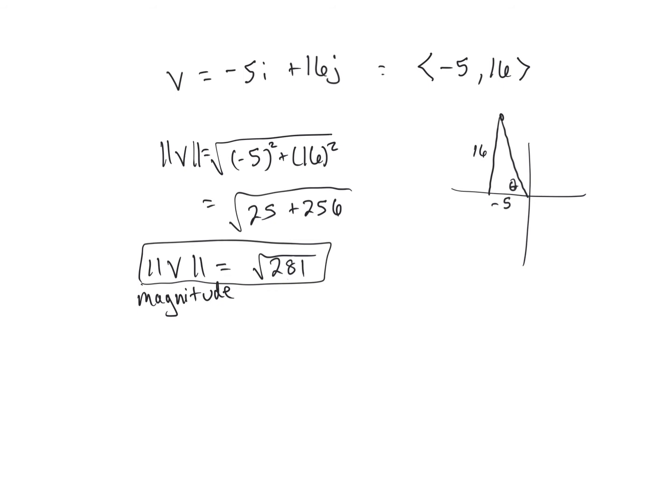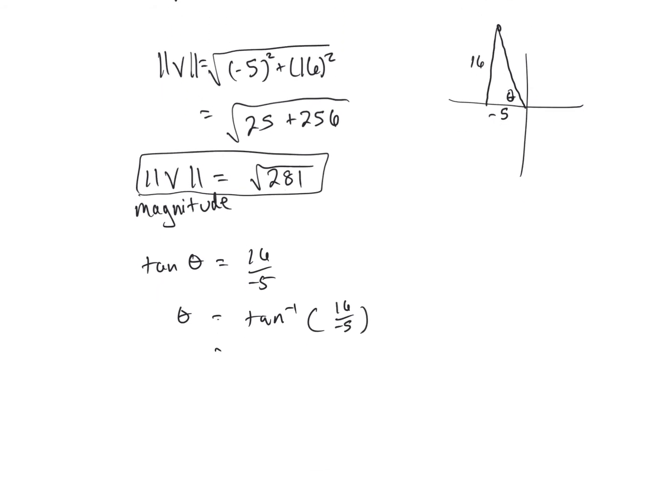We can find our angle because our tangent of theta should equal 16 over negative 5. So our theta should equal the inverse tangent of 16 over negative 5, which, once we punch that in, we get the answer of negative